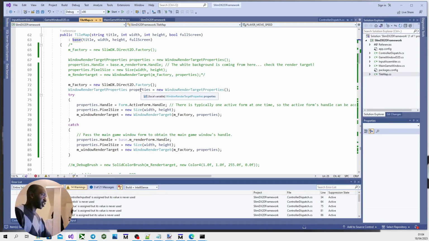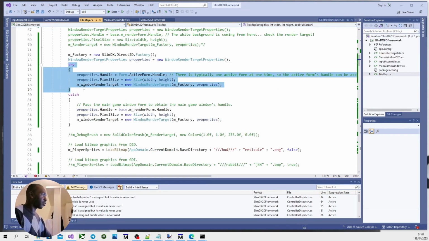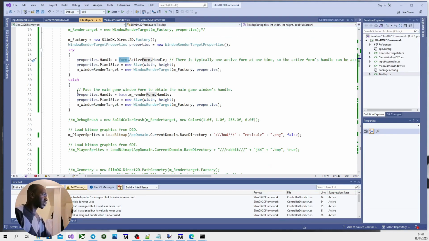You want to instantiate a window render target properties struct. I've gone ahead and called it properties, and this doesn't compile because I can only glean that this line is erroneous because there's a discrepancy with the handles, or you can't exactly infer that this is the window handle I'm trying to assign. It doesn't really make sense. So what I do recommend you do